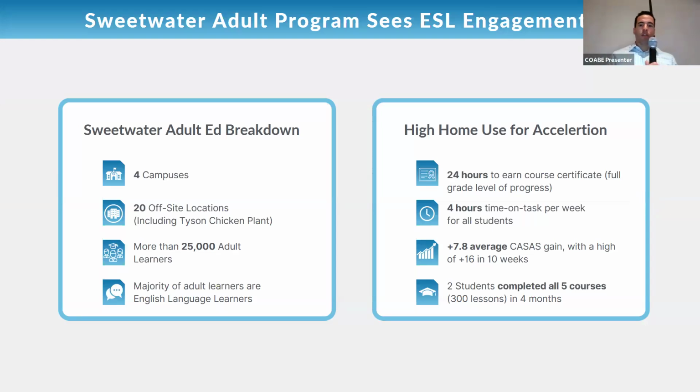Okay, so the last one we'll cover on the use case is in traditional adult ed. We work with Sweetwater Adult Education, a San Diego-based company. For those not familiar with California, Sweetwater is the area in between San Diego and the Mexico border. It's a large adult school, 4 campuses, 20 off-site locations, and they serve over 25,000 adult